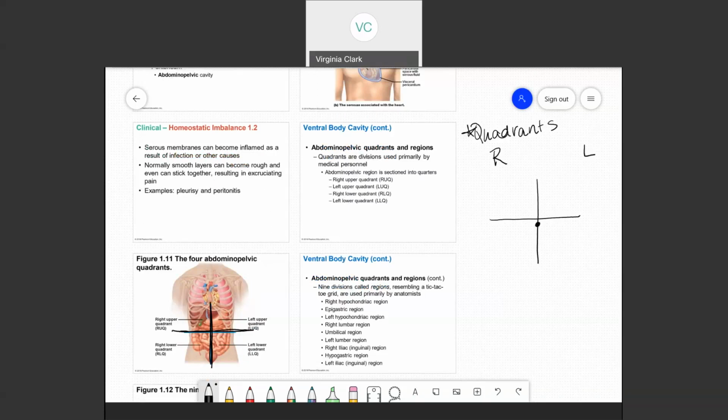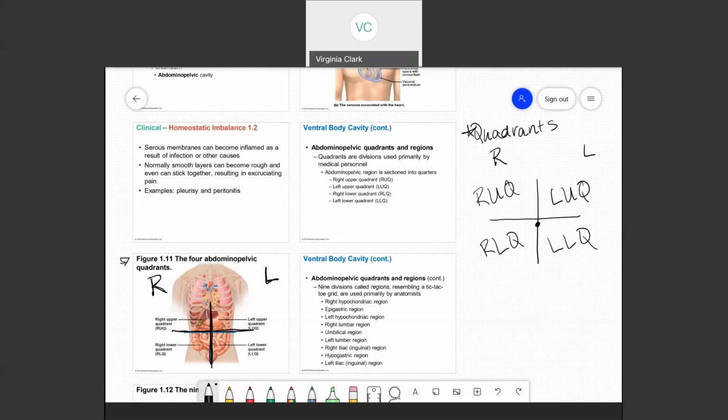So if you look down at figure 11.1, this is the right side of him. This is the left side. Anatomical position in human anatomy is always going to be from the other person's body positioning. So it's not your right and left, it is their right and left. So these are the quadrants. There are 2 on the top, 2 on the bottom. So you have the right upper quadrant and the left upper quadrant, the right lower quadrant, and the left lower